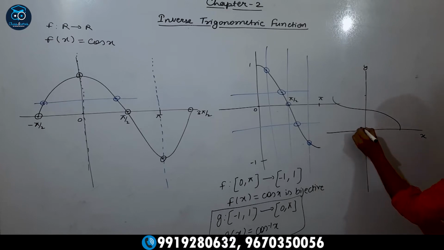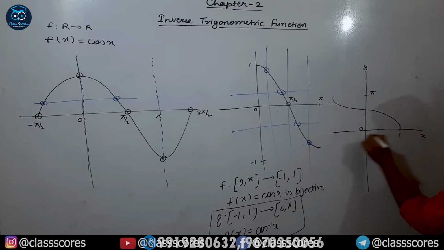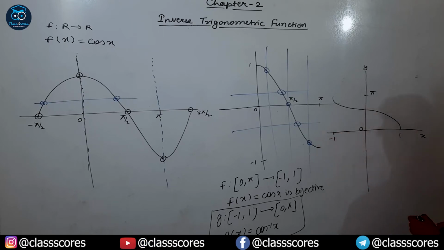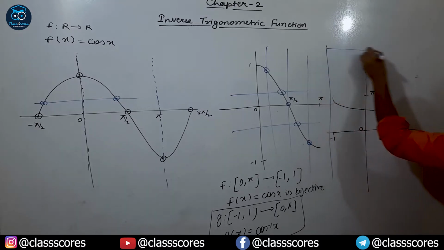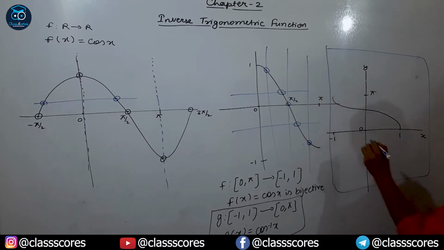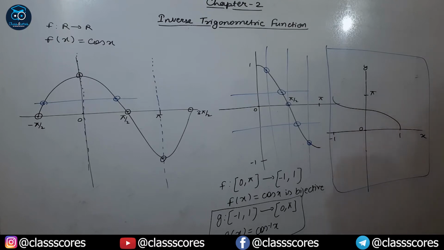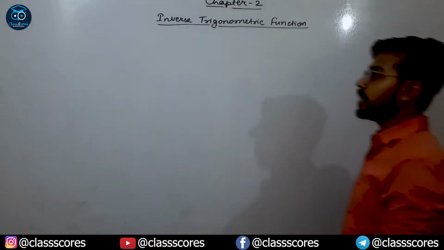It becomes 0 here, pi here, here it is 1, and here it is -1. So this is the graph for y equals cos inverse x. So please note it down. Okay, now moving further